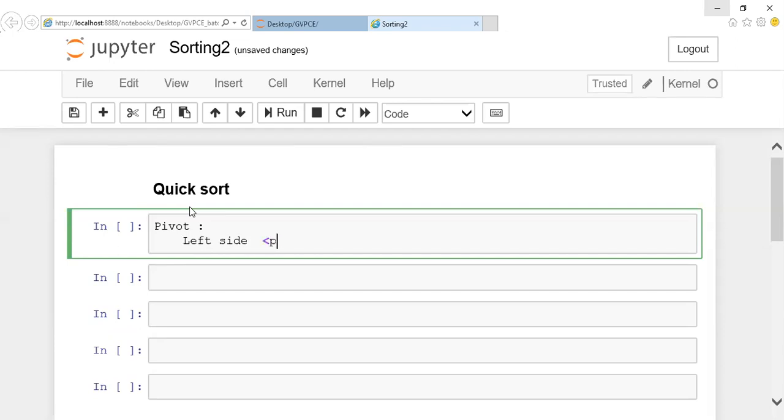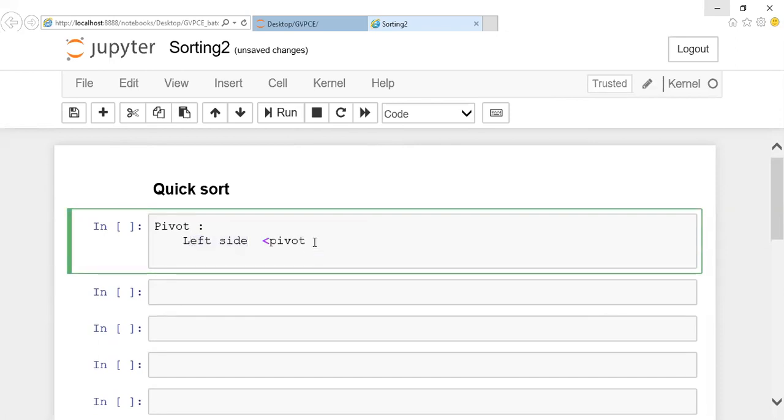The elements which are greater will be placed on the right side of your pivot value. Lesser values go to the left side, greater values go to the right side of your pivot value. This is the logic behind quick sort.